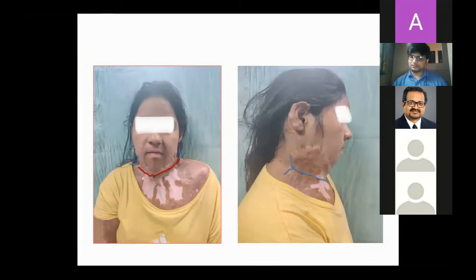Okay, no problem. See, there is something like a propeller flap. It is not exactly a propeller flap, but it is a perforator-based flap based on the occipital artery. So you mark out the occipital artery and take a very long flap. The important thing is that you have to include the lateral part of the scapula, where the circumflex scapular vessels would be coming.